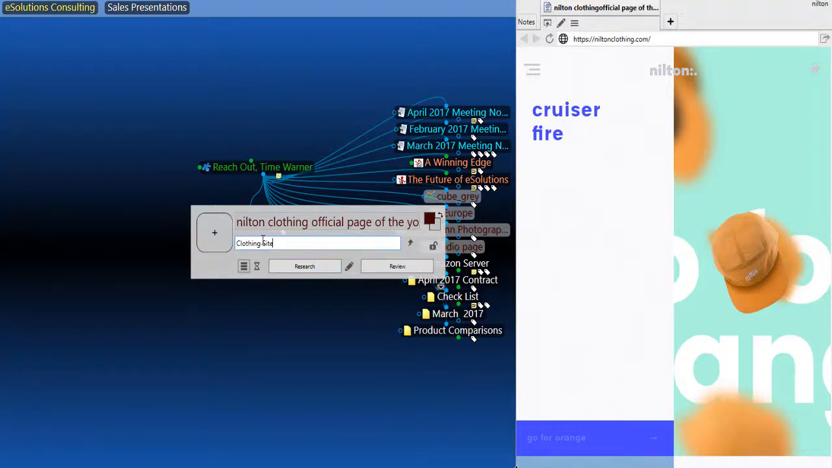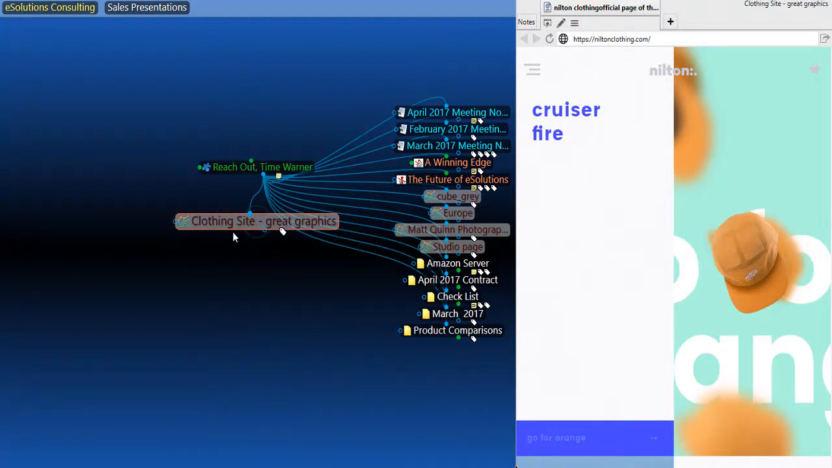So I'm just going to rename it Clothing Site Great Graphics, and switch that with what the brain originally named that thought from the URL, which is this long Nilton Clothing official page, blah, blah, blah. So again, I get the name that I want for that thought. I can mouse over to see the full label down below, but you can always go back and change those